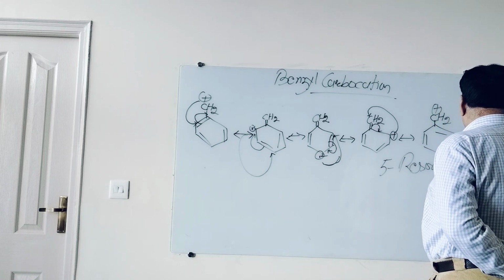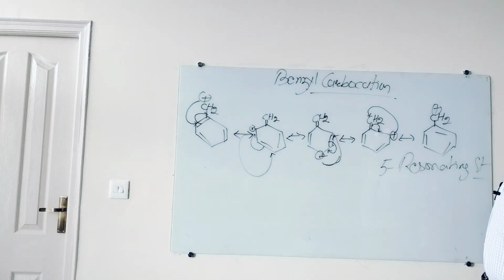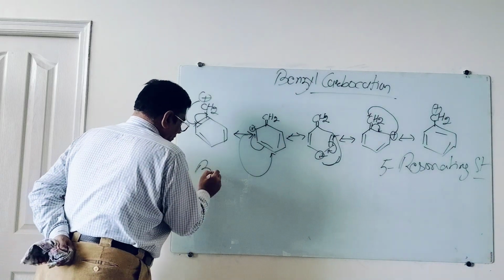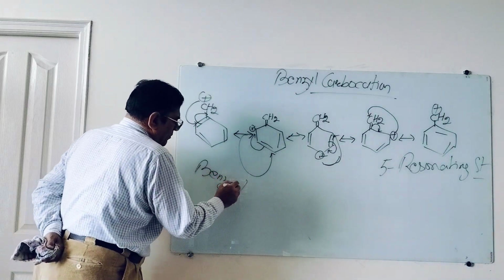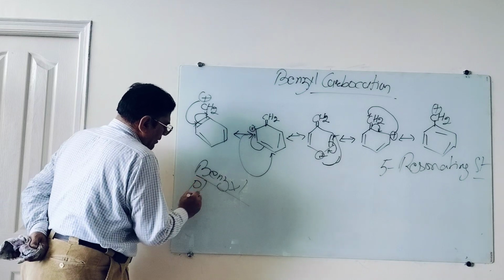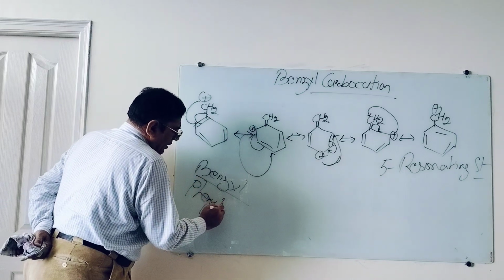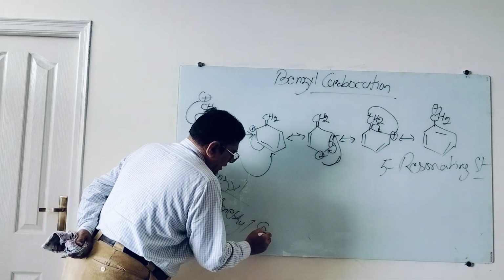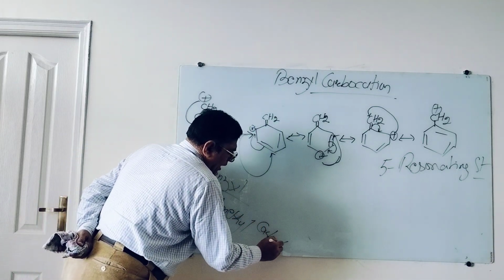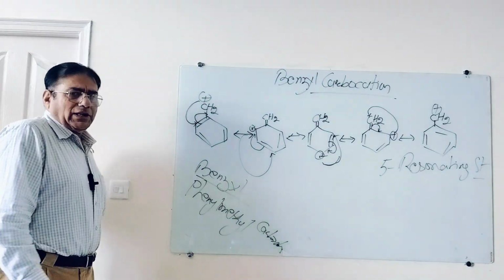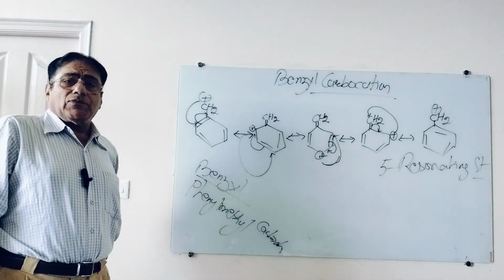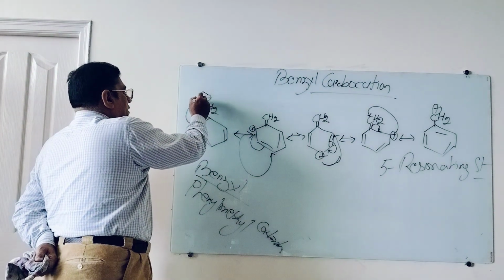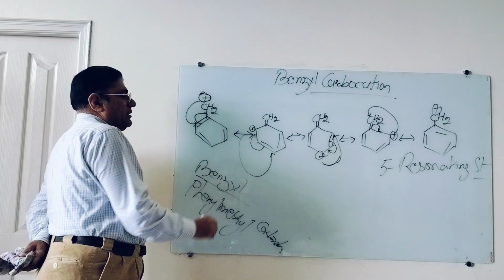resonating structures in benzyl. And what could be the other name of benzyl? We popularly say benzyl. That is phenyl methyl, meaning one hydrogen of methyl has been replaced by phenyl. Phenyl methyl carbocation. How many resonating structures? 5. What is happening in resonance? In resonance, the positive charge which makes the species highly unstable